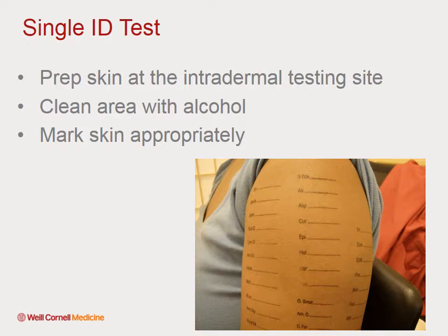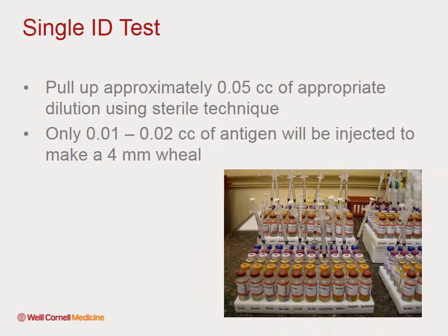So to do the single intradermal test, you want to prep the skin at the testing site and clean the area with alcohol. And then you want to mark the skin appropriately so that you know what you're testing in what area of the skin. Then you put approximately 0.05 cc's